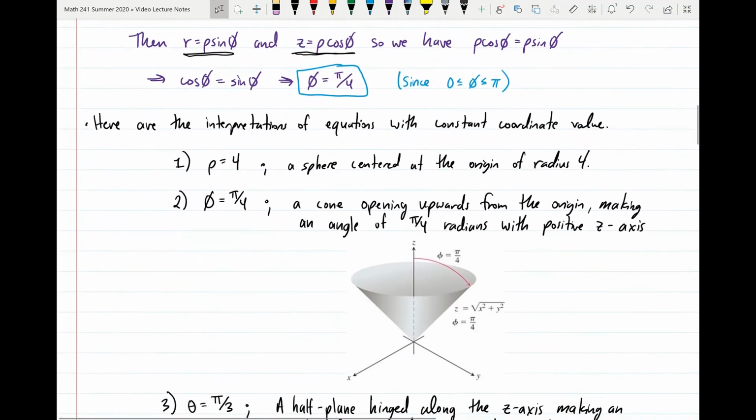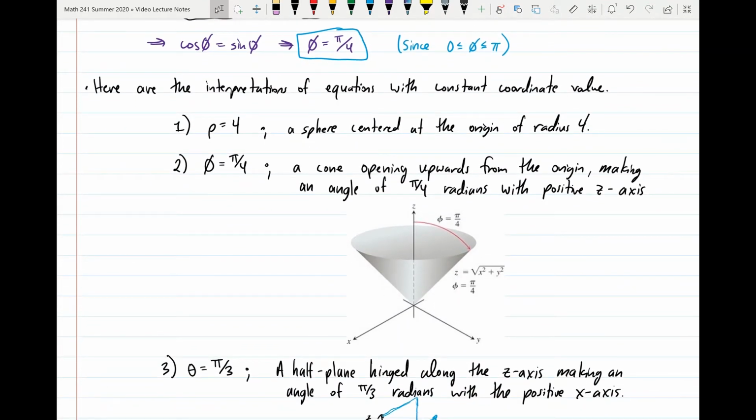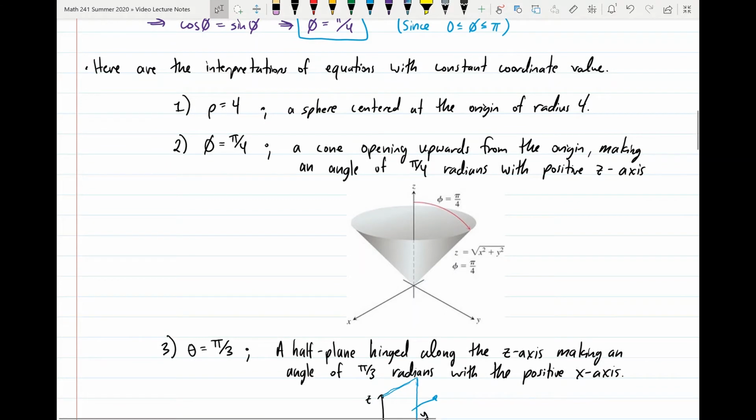And now that we have both of those examples down, here are a few more interpretations of equations in spherical coordinates that have constant coordinate value. So if we have some constant rho as our equation, so rho is equal to 4, for example, this is going to give us a sphere that's centered at the origin of radius 4, because it means that all of the points on the surface are going to have distance 4 from the origin, which is by definition a sphere